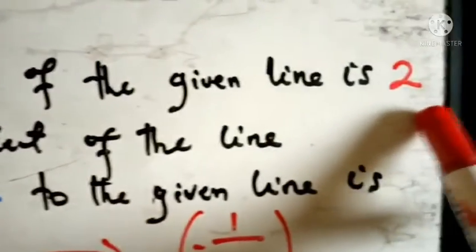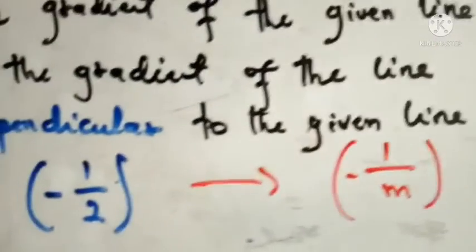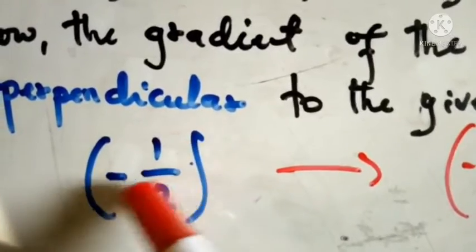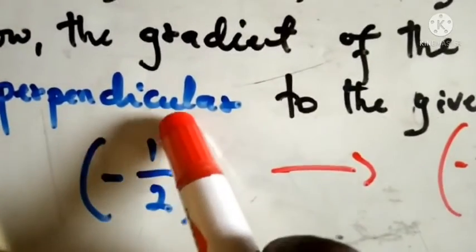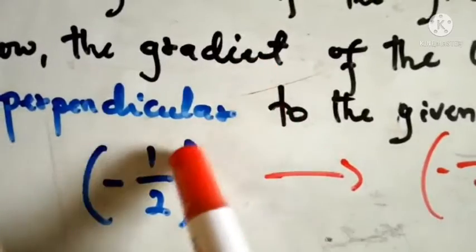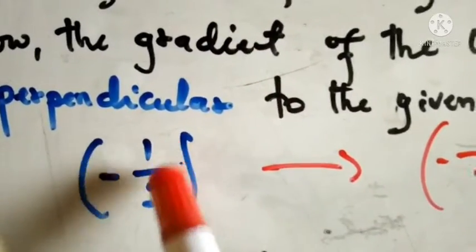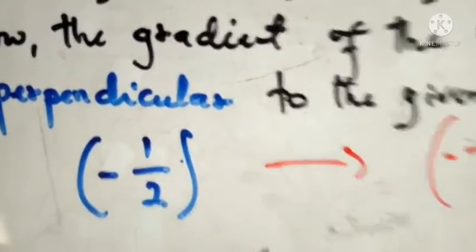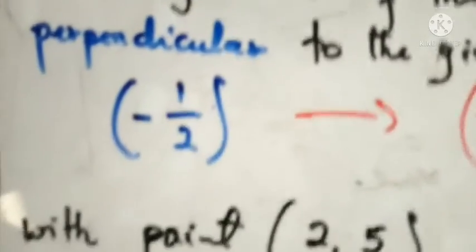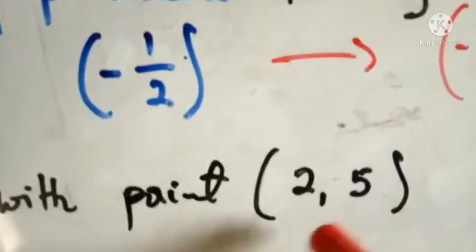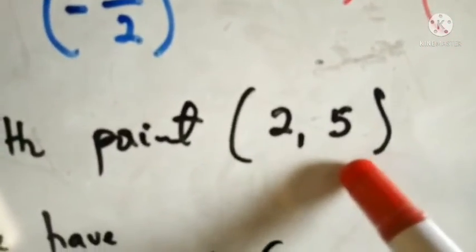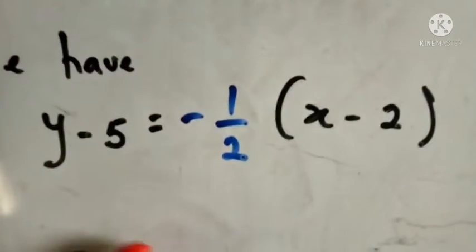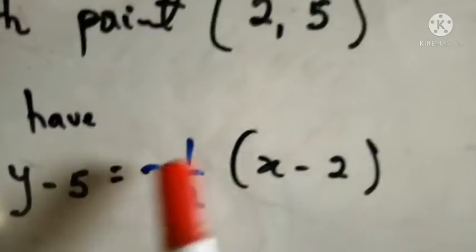So you have the gradient of one to be 2, and then the one that is perpendicular to what we are given should be negative 1/2. Remember, I said the meaning of perpendicular to another equation is negative reciprocal. So negative 1/2 will be our new gradient. Once we get the gradient of the perpendicular line and the point (2, 5), you are free to find the equation of the line using the definition of the equation of a line. That says y minus y1. So the y1 here will be